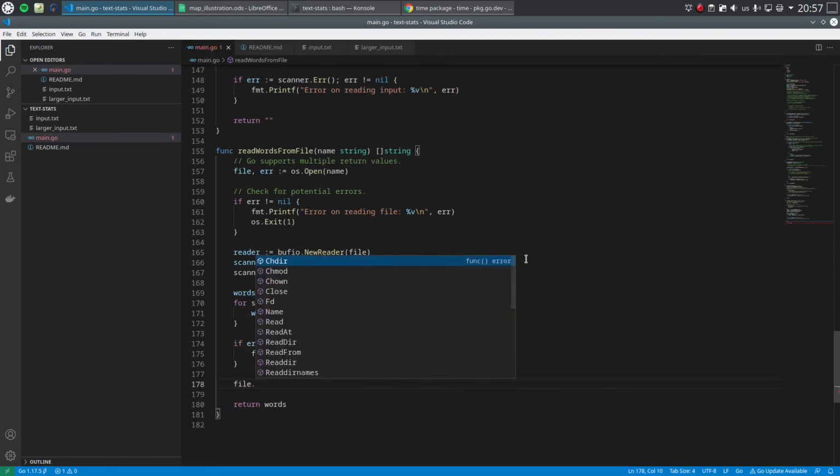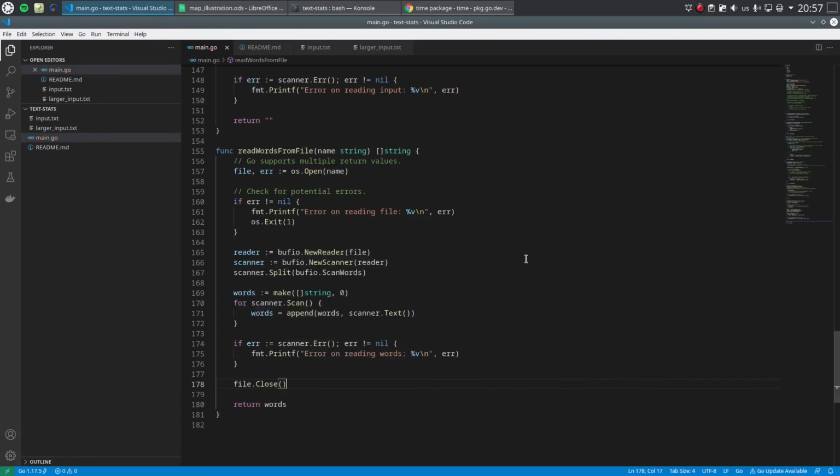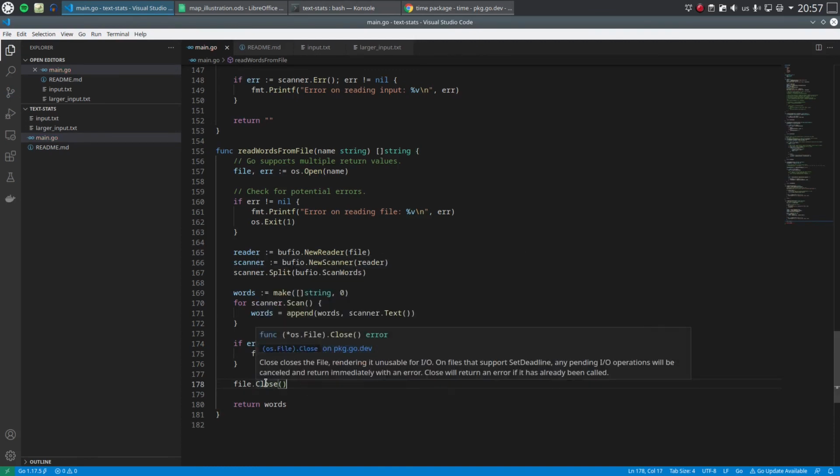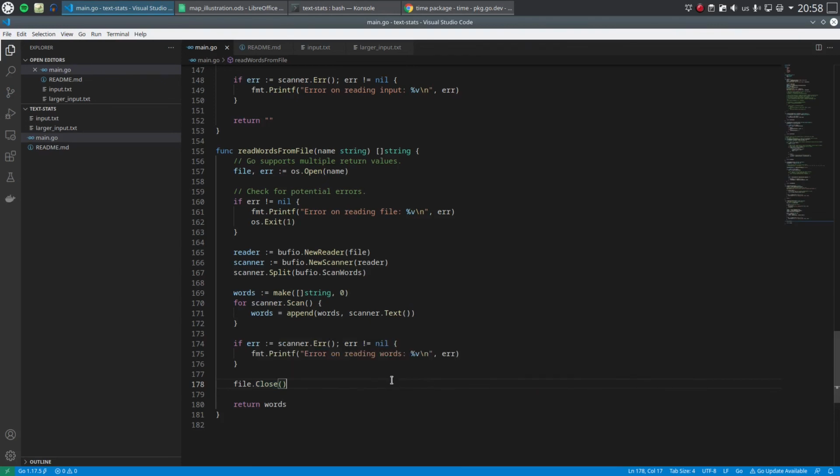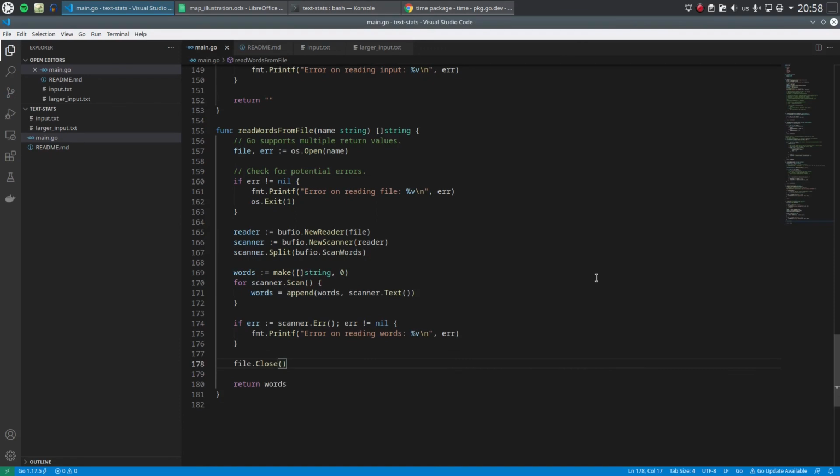So you can call file.close, which closes the file, rendering it unusable. So you should do it only when you're done with the content. We pass the string and we can return it. We don't need the file access anymore. And this makes sure that the operating system can clean up the file handle and